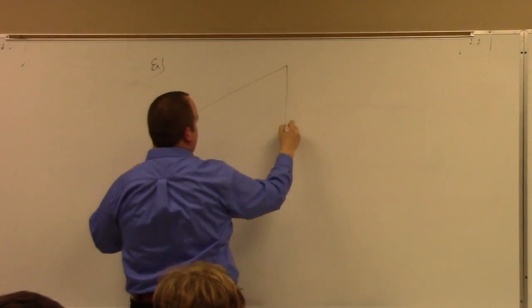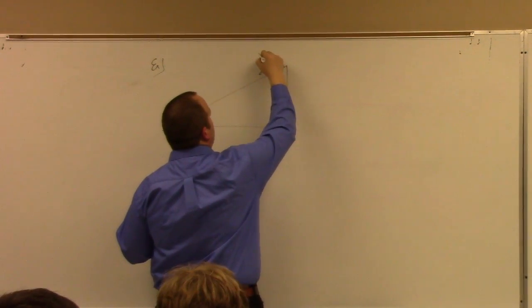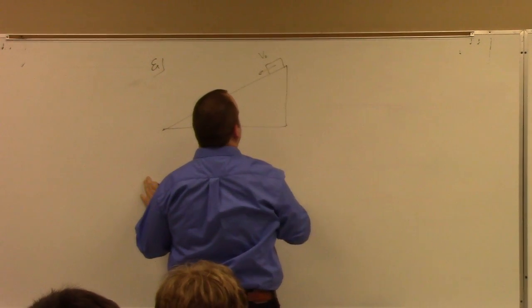Inclined plane. You have a box at the top, you give it a shove. Its initial velocity is v naught. The height